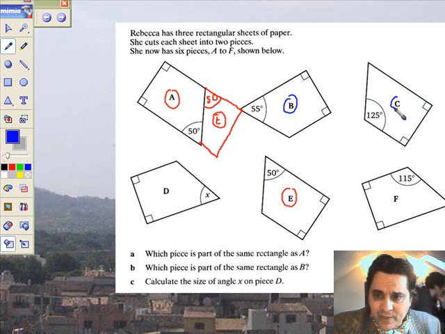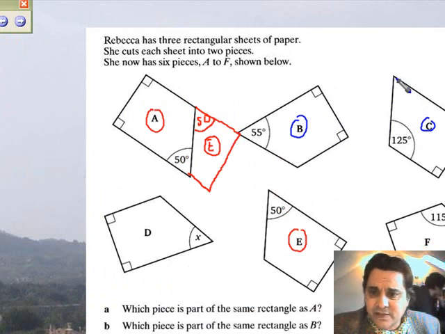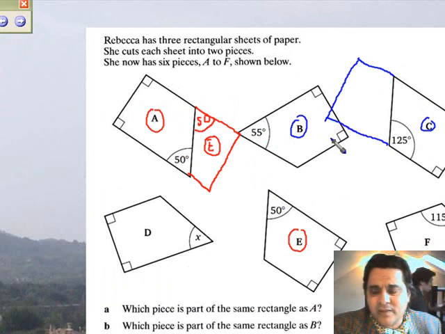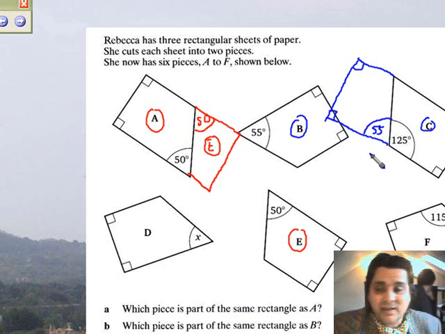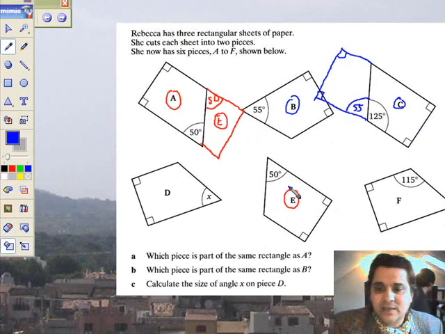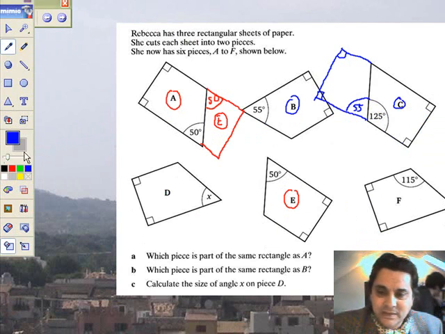I've got to try and draw you a little picture here. So I'm going to take my B, spin it around, and stick it against the end of C. It's going to look a little bit like this. It's quite hard to draw. So imagine my B is not there anymore, and I've stuck it right there, and this fits into this exactly. So look, if that's my 55, and these are my two 90-degree angles. Look, 55 plus 125 comes to 180 degrees. They form a straight line, so therefore B and C go together, and I'm left therefore with D and F,